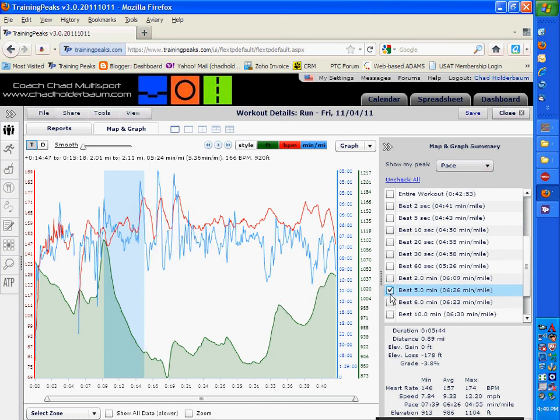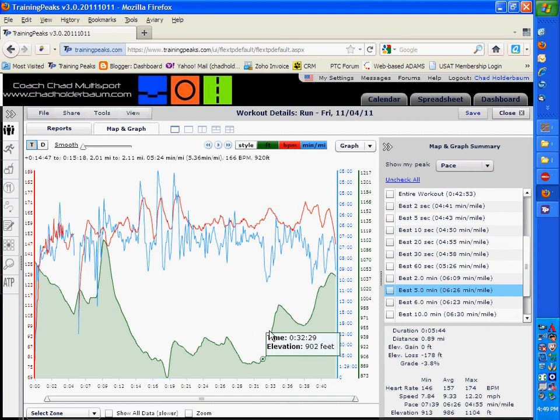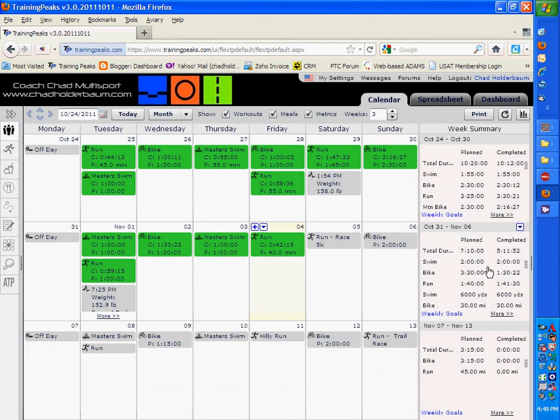So you sometimes have to interpret the data and compensate for the downhills and uphills. I'm guessing my slowest mile was probably the exact opposite, where I go back up a big hill, back up 2 hills here towards the end. Okay, so that's how to interpret a file and how to look at it in TrainingPeaks online. Same thing goes for the bike, but that's the